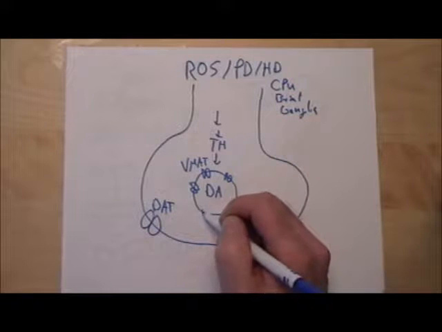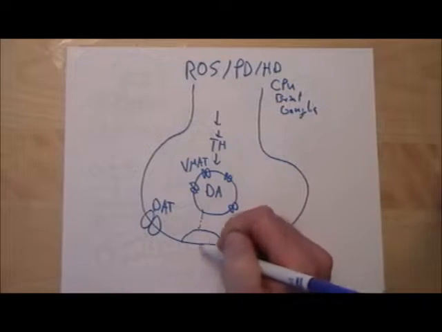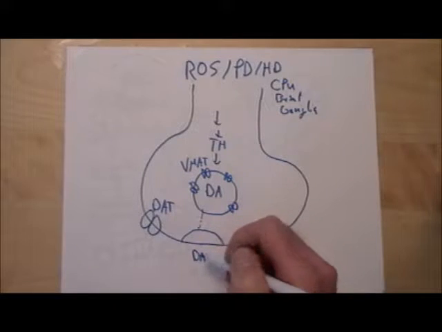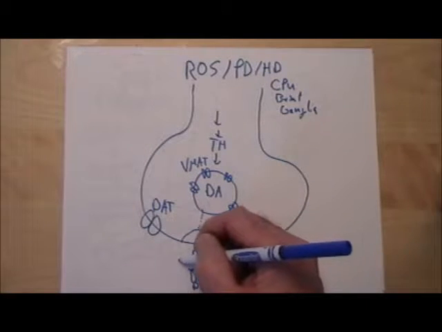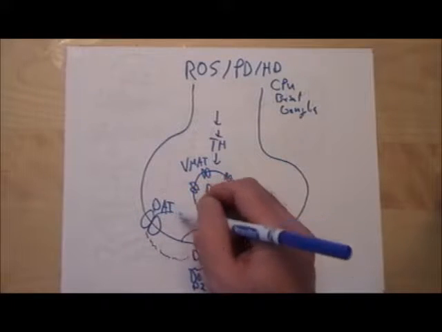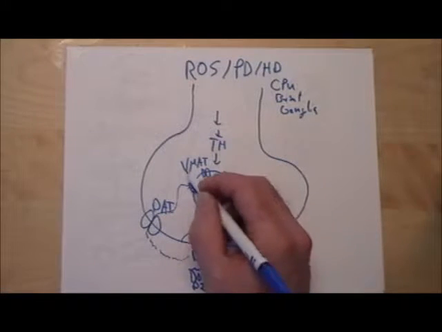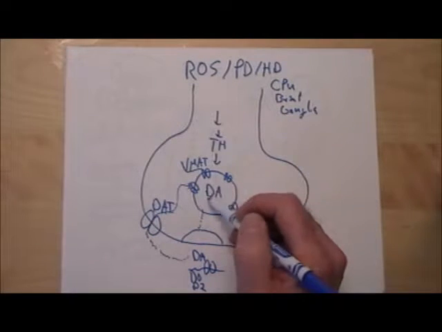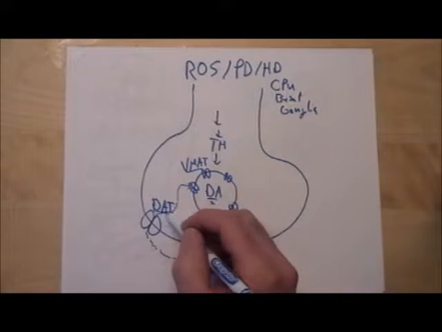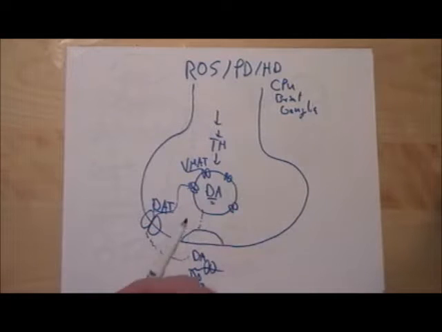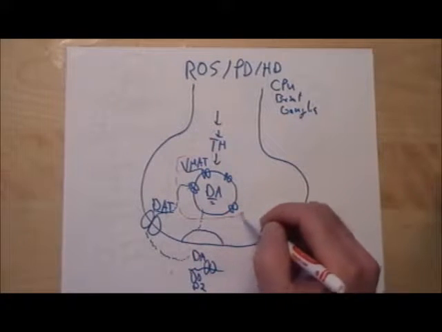Right, so the typical process is the vesicle docks, dopamine is released, has its actions on the D2, I guess you can't really see that, these are the postsynaptic receptors. So it has its actions there on the postsynaptic receptors, but that's not the main point here. The main point is now that dopamine gets taken back up through the dopamine transporter and it has to get repackaged. So it goes through those vesicular monoamine transporters and gets put back into the vesicles. And that is a very, very important step. Not only the removal through the dopamine transporter, but the repackaging. So that's what we're going to look at in this respect, that whole process, that repackaging